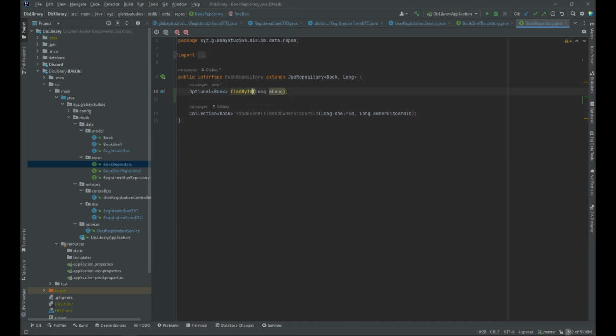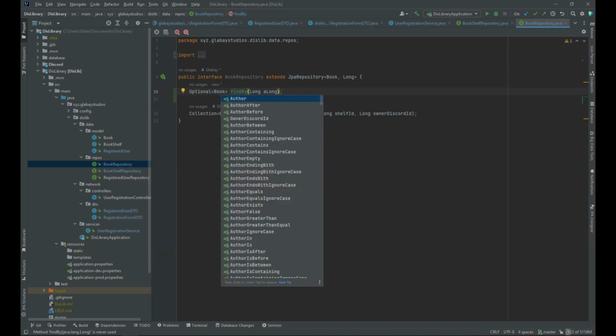There are a lot of ways that Spring can allow you to find this, based on the variables within the class. In our scenario, we are looking to find by shelf ID and the Discord owner ID, because we want to get just a single book object out of our repository. So we're going to say find by shelf ID